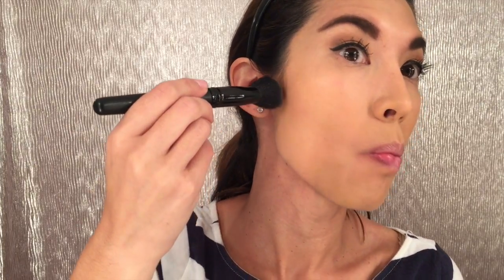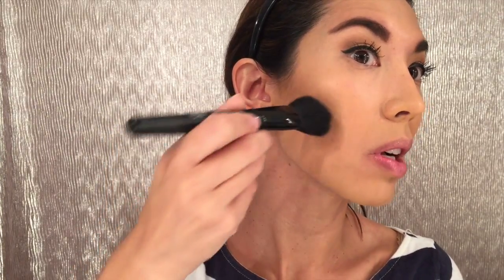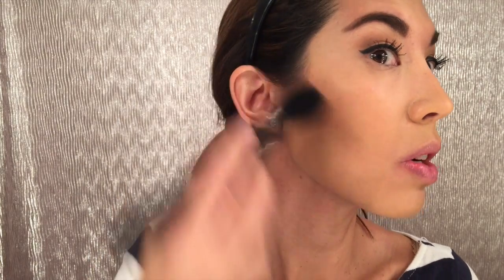And it's not picking up. I'm going to go to the next darker shade just so you can see. I want you guys to be able to notice what's coming up on the camera here. Okay, it's not coming up. Let's try it again. And I'm just going to run it